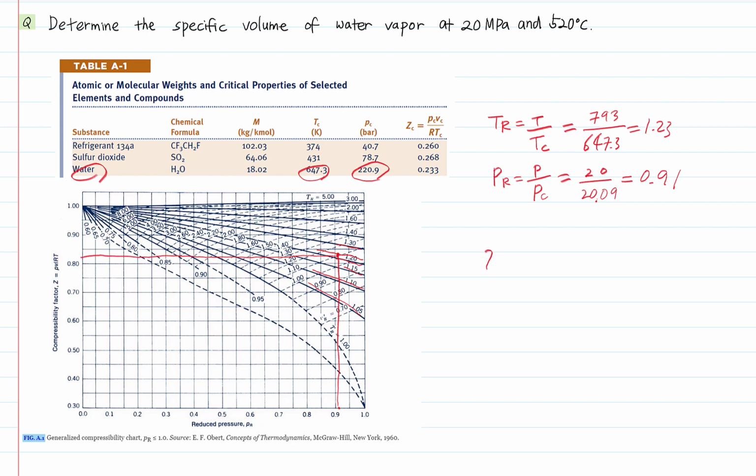And it's about 0.83. So Z is defined as PV over RT. So we need to determine specific volumes of water vapor. V is Z RT over P. Z is 0.83 and the gas constant of water vapor